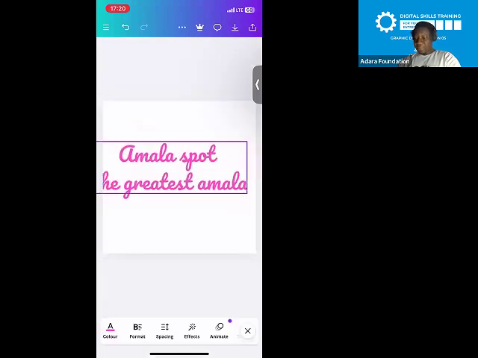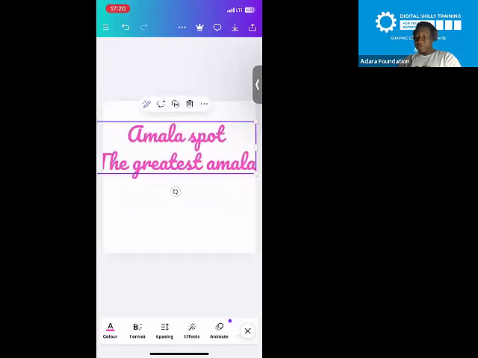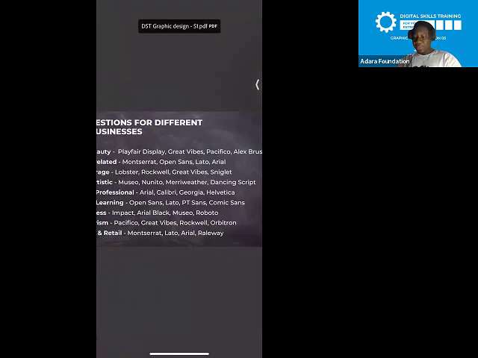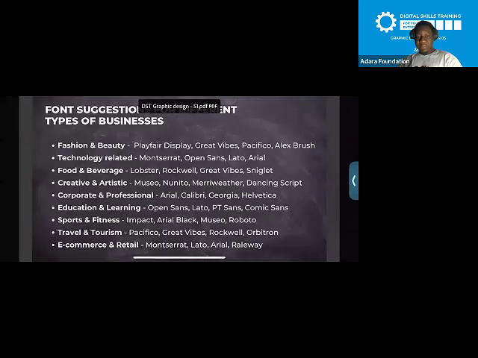So if you are doing something fashion or beauty related, I think this is a very good font for that. It looks very modern, it looks funky, it looks fashionable. Okay, so now that we know how to change fonts on any design,